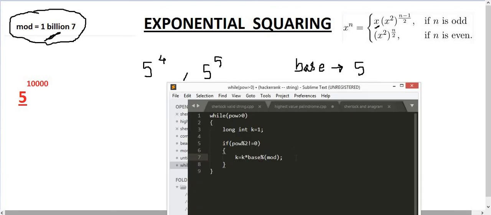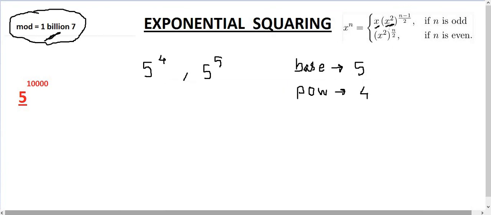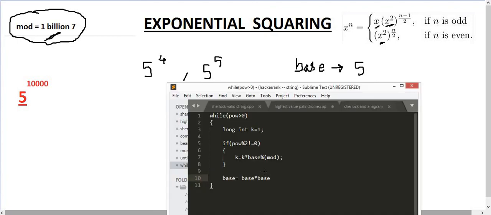And if the power is even, what we'll do is initialize base as base times base. In this step we are getting the x square step. So x square, base, and that is taken mod by mod.